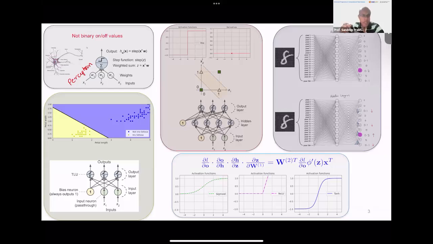So if there are classes which are not linearly separable, then you require something more complicated. And with a hardwired set of weights, we saw that for a simple task like the XOR classification, if we go from a single layer to a two-layer, and more generally multi-layer, we can get more complicated